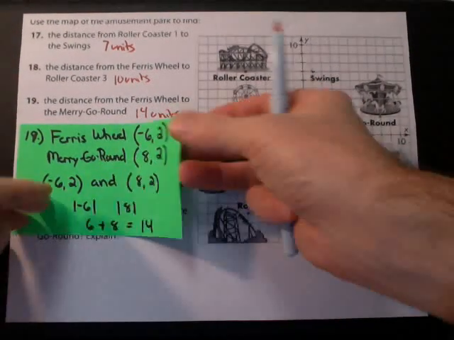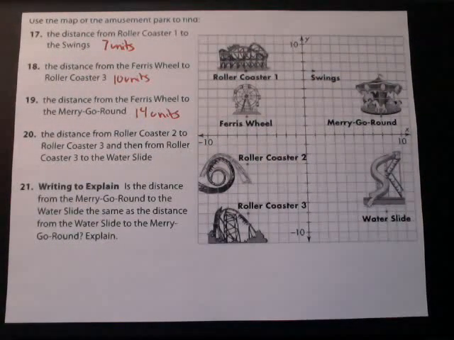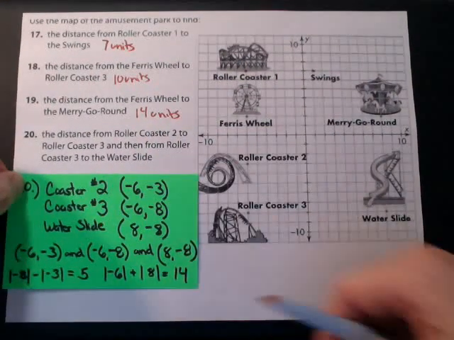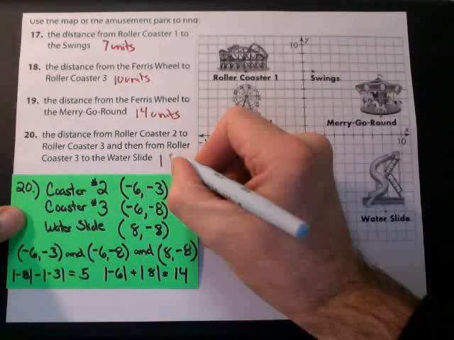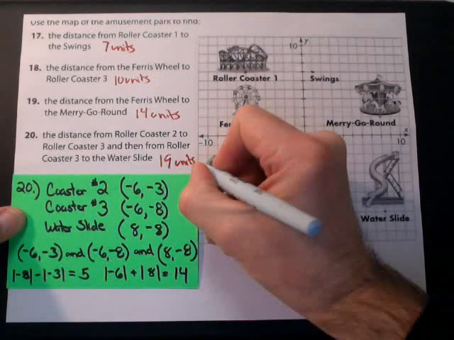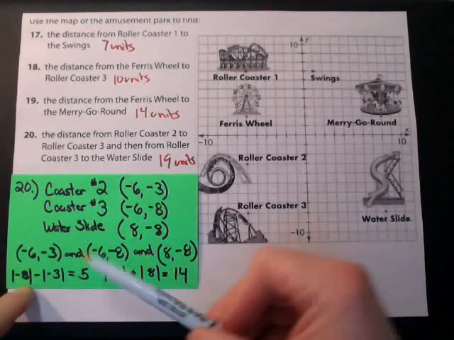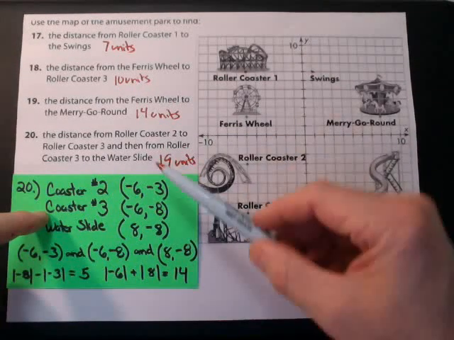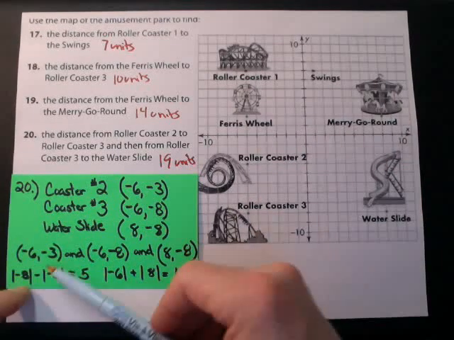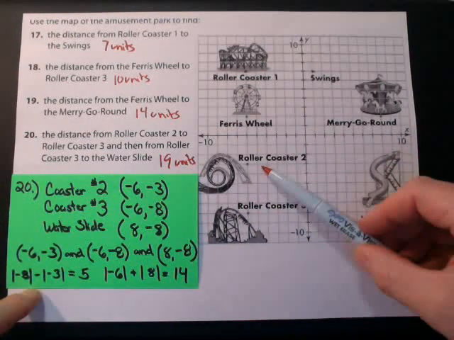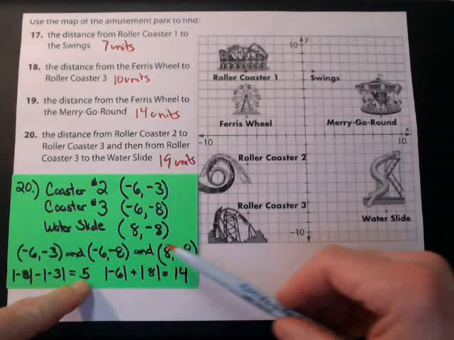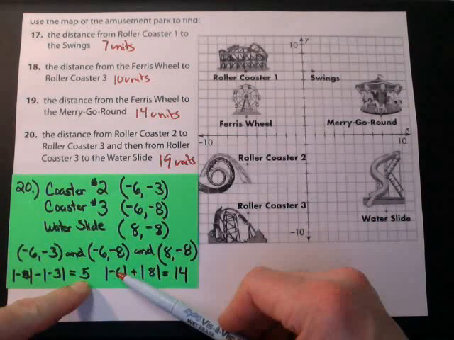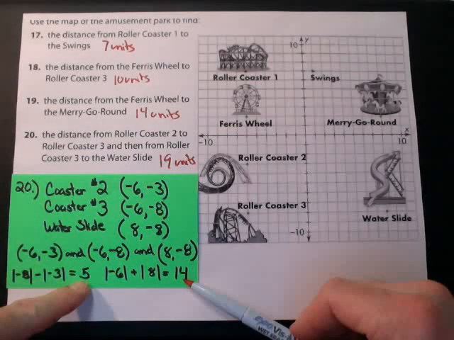And for number 20, a little bit more complicated. They wanted you to do 3 things. So the answer for number 20 is 19 units. The reason it's 19 units is because first, you have to take the absolute values from coaster to coaster, which would be -3, -8, and you're going to subtract them because they're in the same quadrant, and you'd get 5. Then you would go from roller coaster to water slide, and you would use the absolute values of -6 and +8 and get 14, and you would add